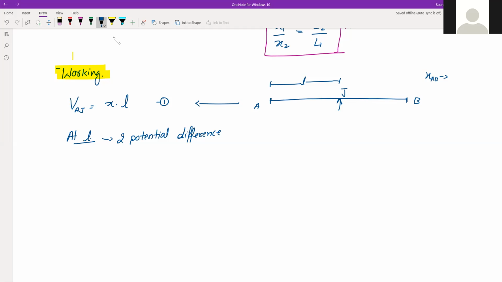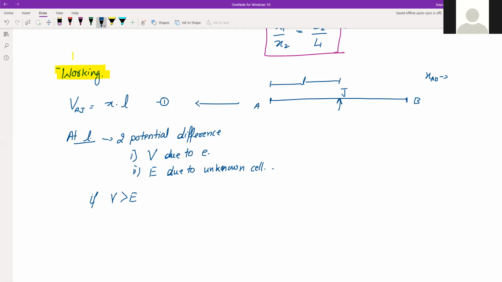This x into L is our calculation. So the first potential difference V will be due to E, and the second, capital E, is due to the unknown cell. So these are the two potential differences. Now there are two things: if V is greater than E, that is, the driving voltage is greater than the unknown EMF,